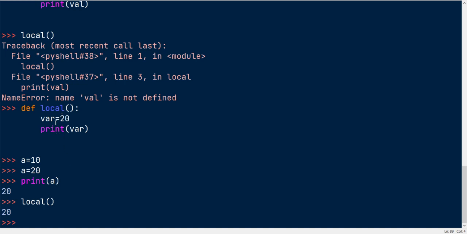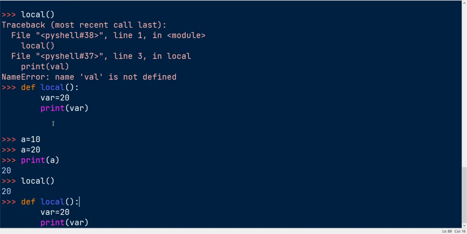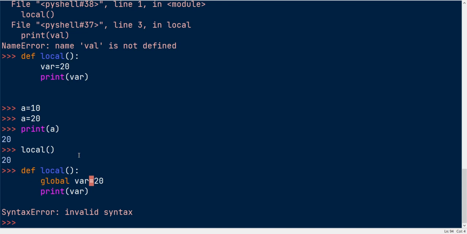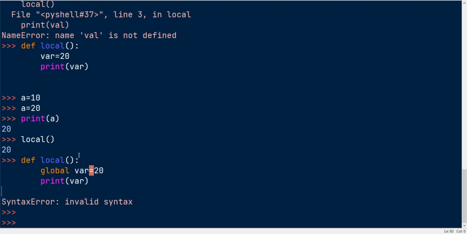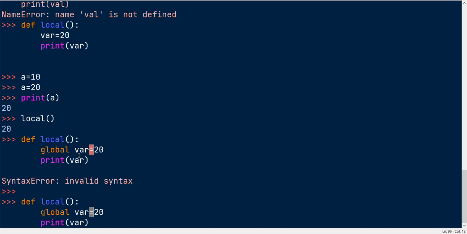You can update the local variable globally, or the global variable locally, by using the keyword global. Global var, variable equal to 20. Actually we can't assign values here.